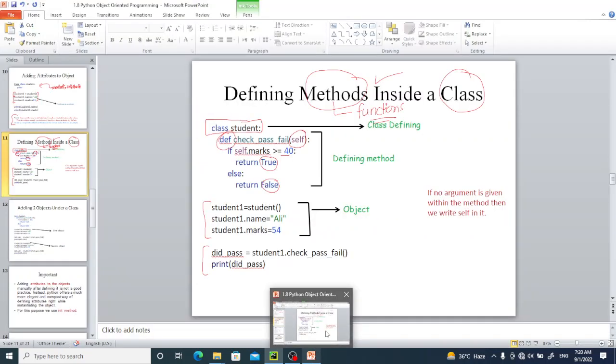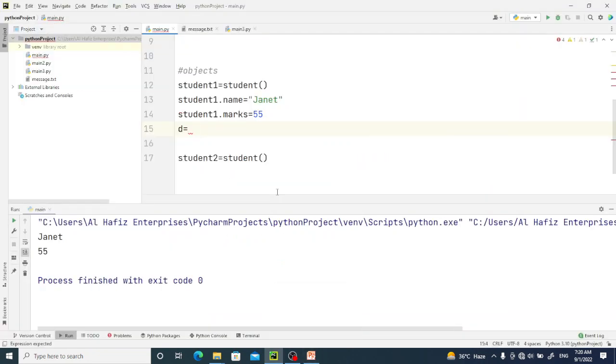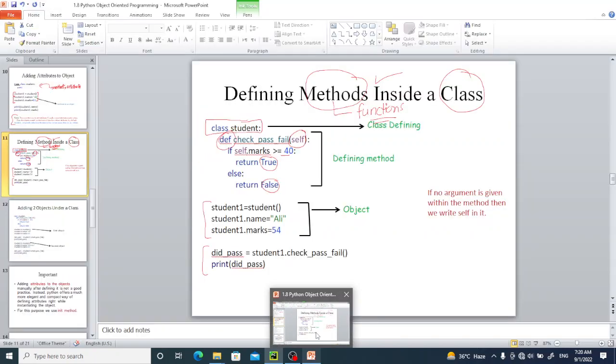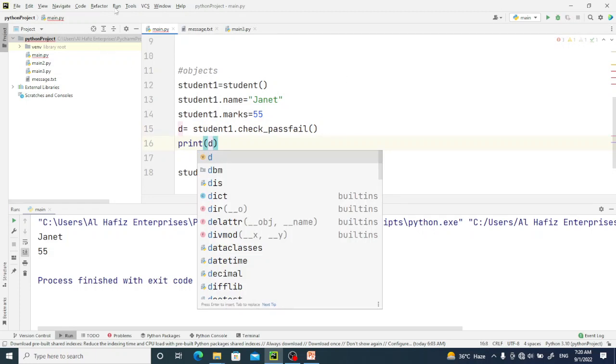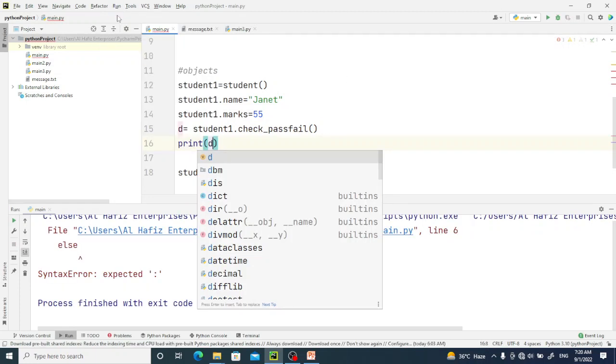So I will simply use that function, and for that I will write the attribute name for student 1, and then I will check pass fail, which I have already declared initially in the object, and then I will print this result. Okay, let me run this code, and you can see here that I have made a syntax mistake,